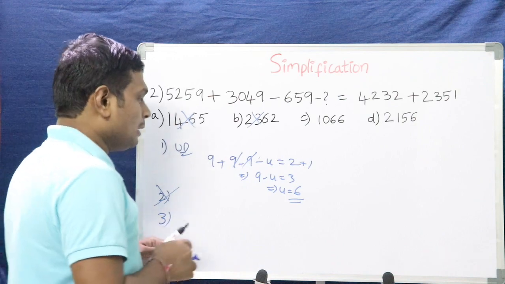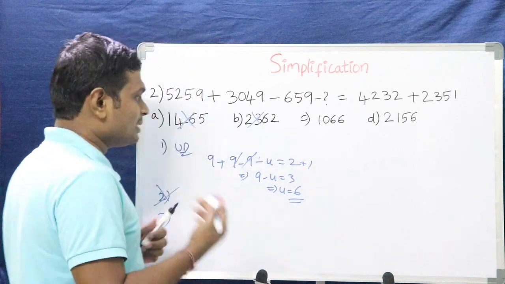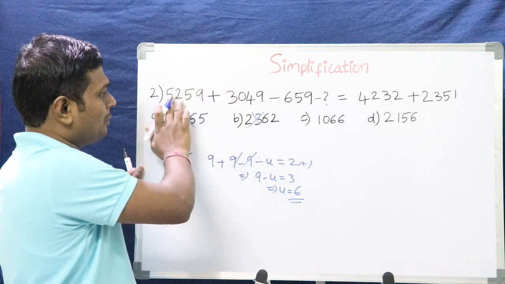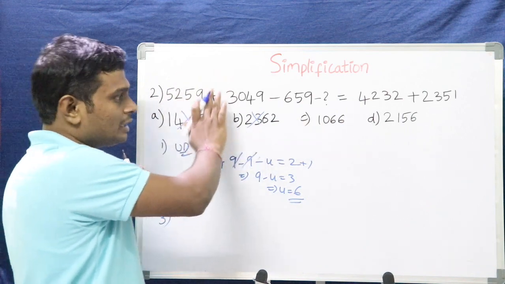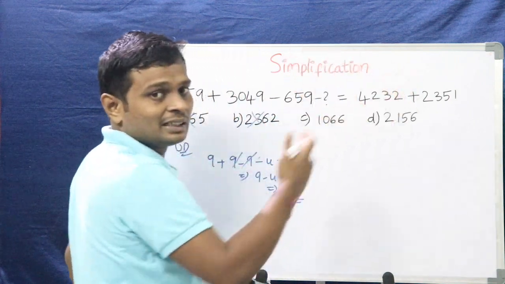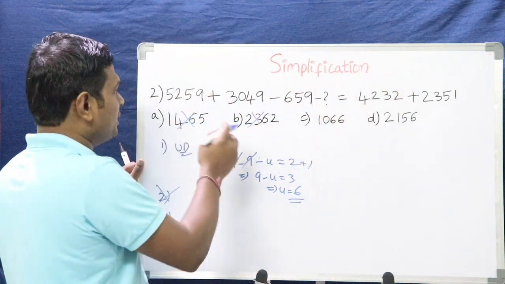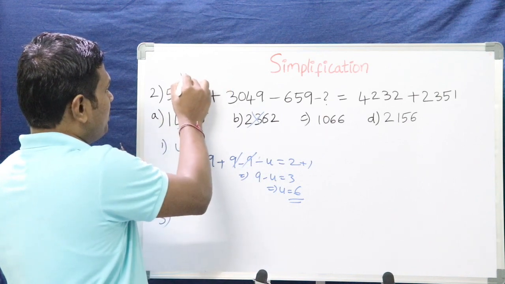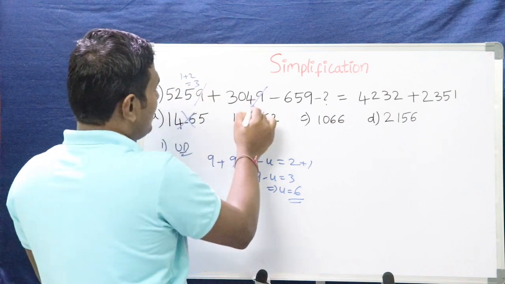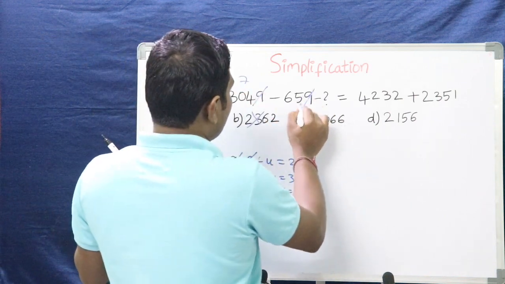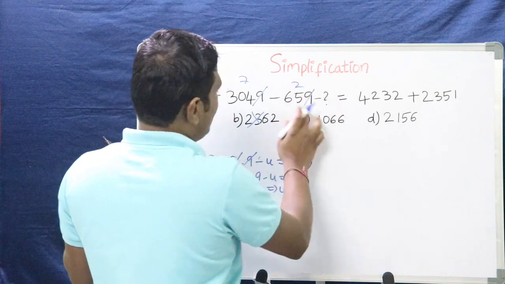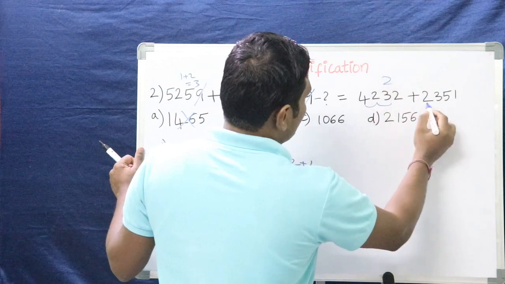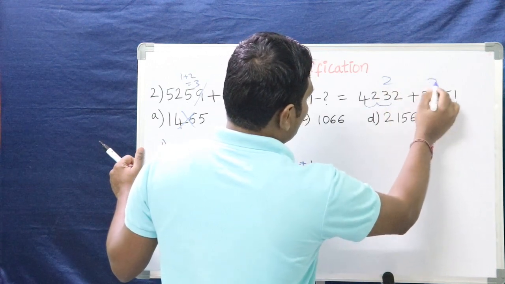What we have to do, we can go ahead with the third step. What is the third step? As I already told you, the third step is we need to find out the sum of the digits in the left hand side that should be equal to the sum of the digits in the right hand side. How can we find out the sum of the digits? We need to ignore this 9, 5 plus 2 plus 5, 7 plus 5, 1 plus 2, that is 3 here, 9 ignore, 7 here, 9 ignore, 6 plus 5, 11 and 2 here, and 6, 9, 2 here, and 5, 6 and 3, 2 here, 4.